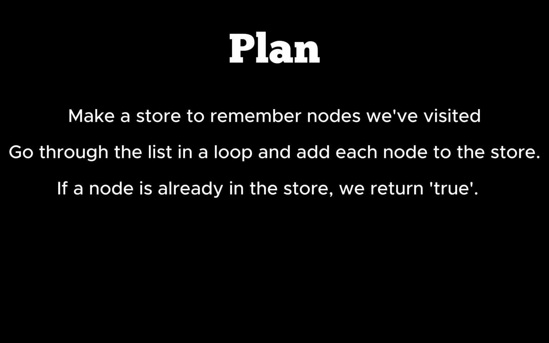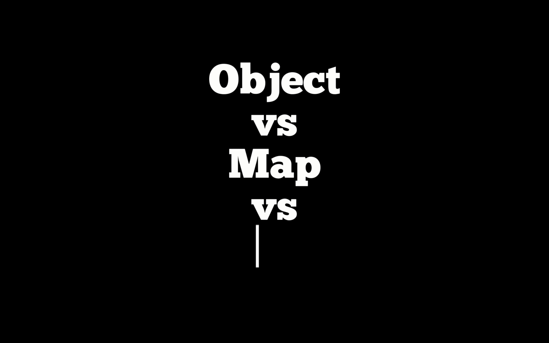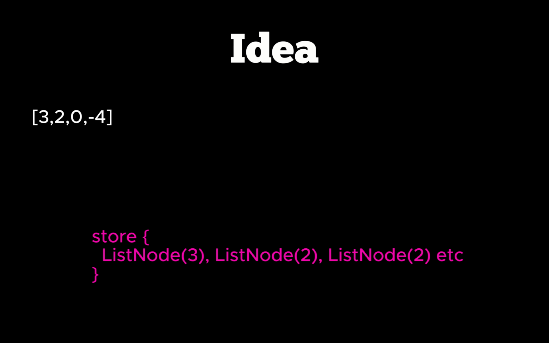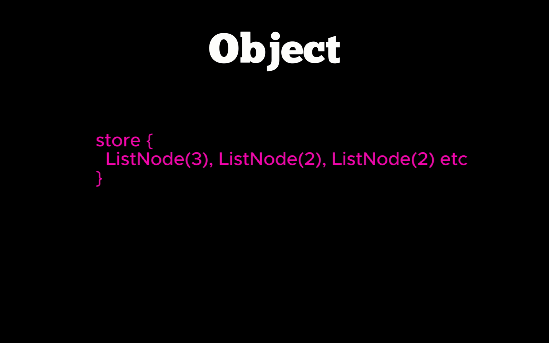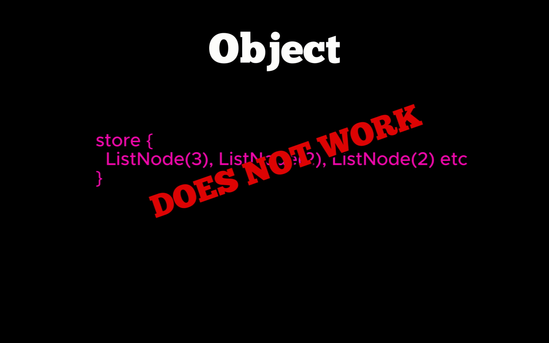Now let's think about what we'll use to store our data. Will it be an object, a map, or a set? We are adding nodes to our store, not just values. So each node is an object with two fields, the value and the next node. Using an object doesn't work well because we can't use an object as a key without it turning into a